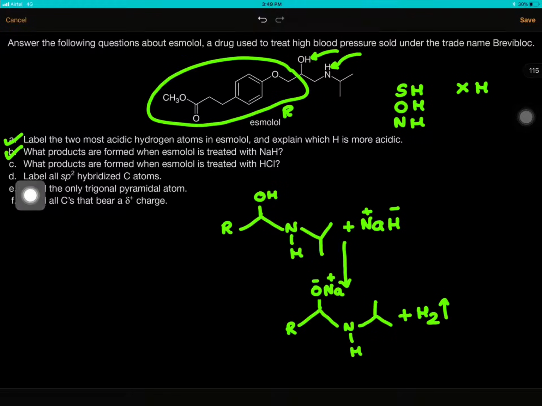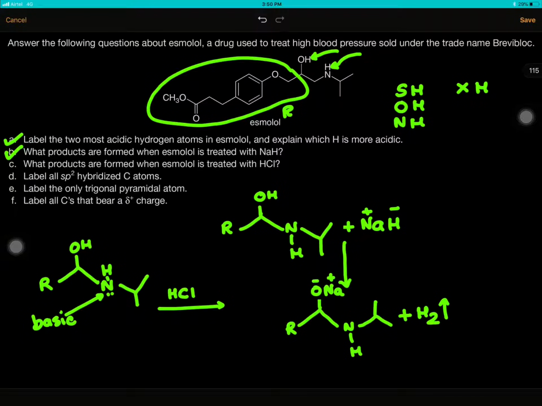Now let's see the third question, that is, what products are formed when esmolol is treated with HCl? So again we see the structure R, OH, N, H, that is treated with HCl here. This is a basic group, because it has nitrogen having the lone pair, and when we have HCl, so H plus and Cl minus, this acid-base reaction will take place. So this will act as a Lewis base and will donate its electrons to the H plus and will form a new bond like this,